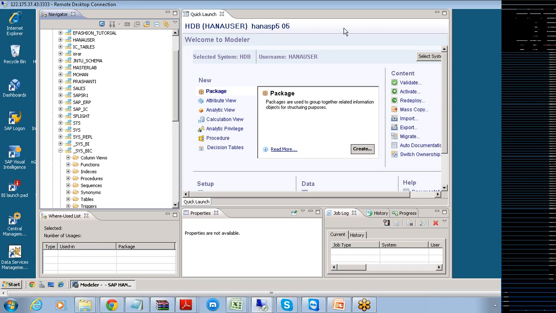So the only tool in the industry which has the capability of utilizing the information present in your HANA database is your SAP BusinessObjects. When I say SAP BusinessObjects, it is not only one tool catering to the needs of the people.